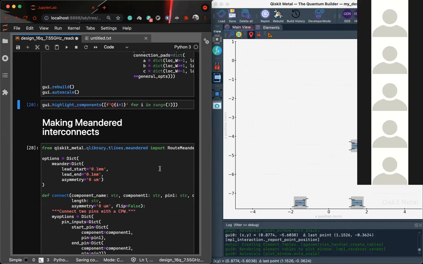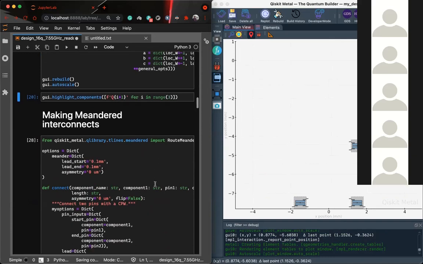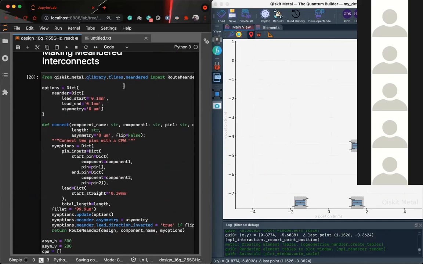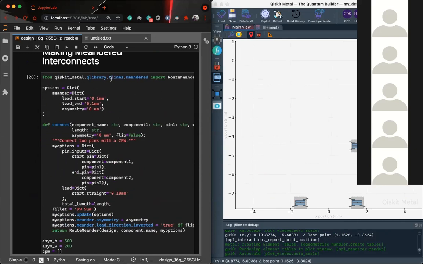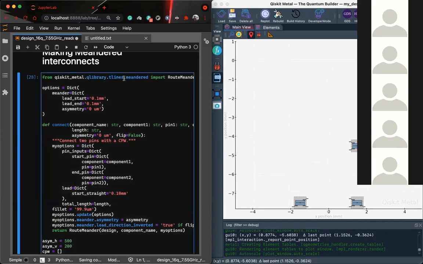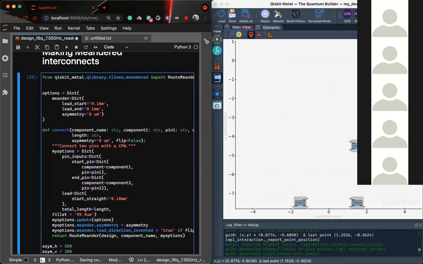You can also make connections. You can make connections using these components, under Qiskit Metal and the .q library .t lines. This t lines library has different interconnections.